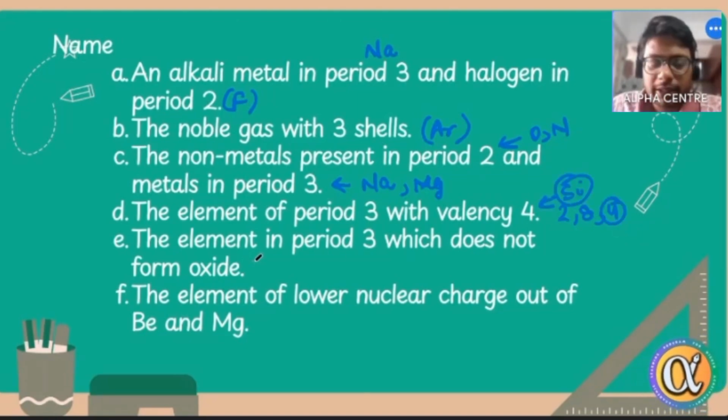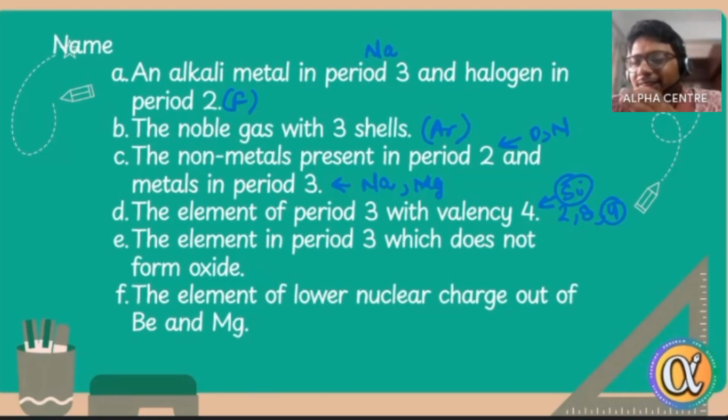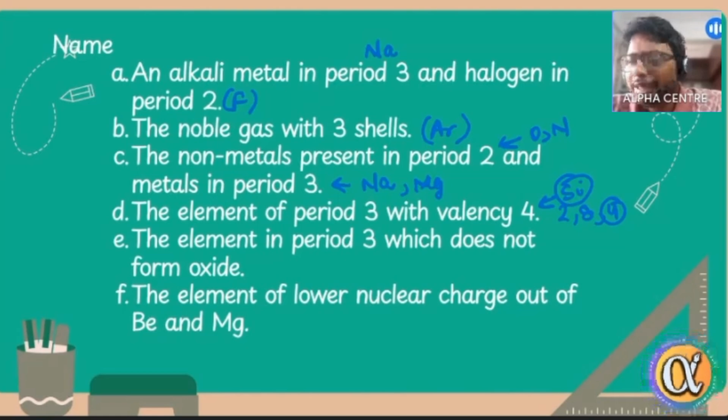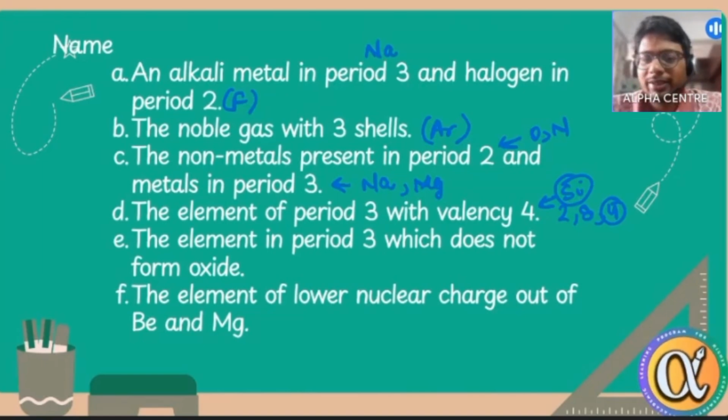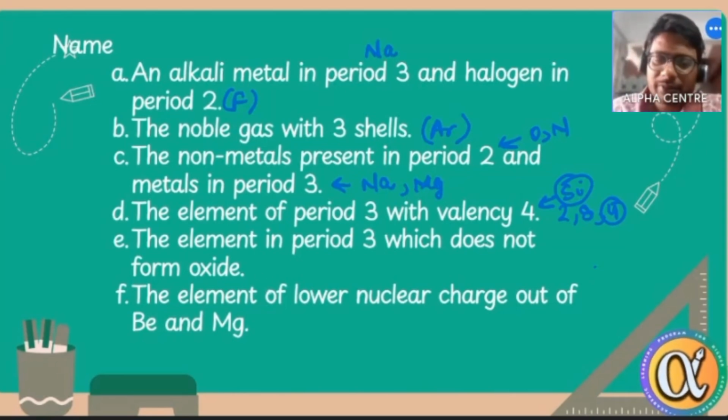Element in period 3 which does not form an oxide. Can it be the noble gases? It must be argon, a noble gas. Why? Mostly any substance which is reactive very easily combines with oxygen. Rarely there might be reactive substances that don't combine with oxygen. So period 3 elements, all those which are reactive, will certainly combine with oxygen, so they form oxides. Oxygen is one of the most reactive non-metals, so it tries to combine with almost everything. So the only thing which will not form an oxide would be a noble gas. So the noble gas in period 3 is